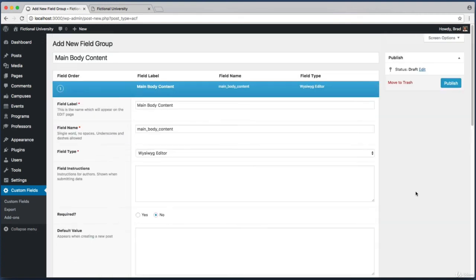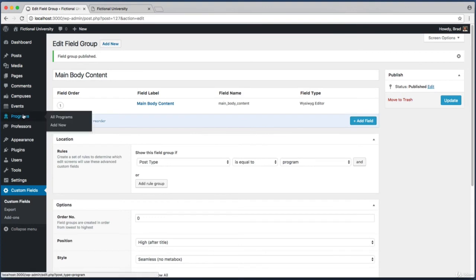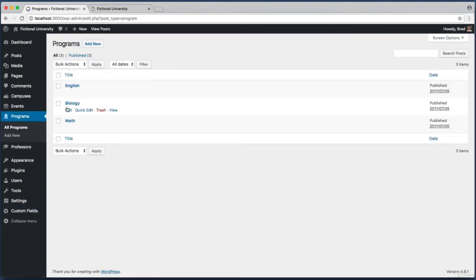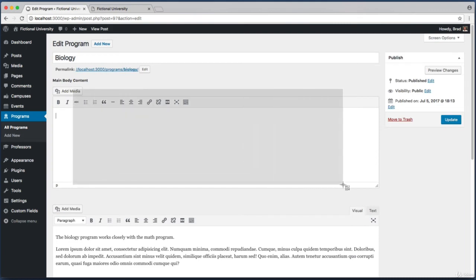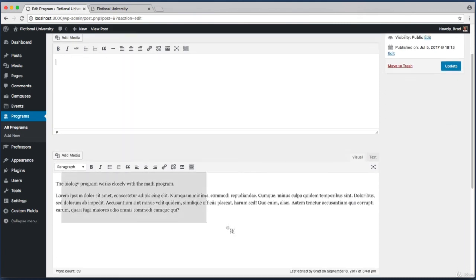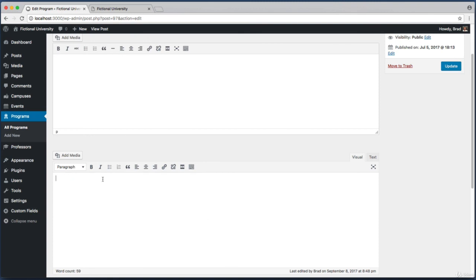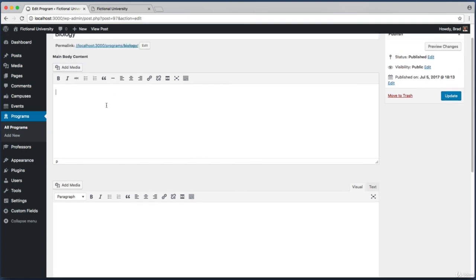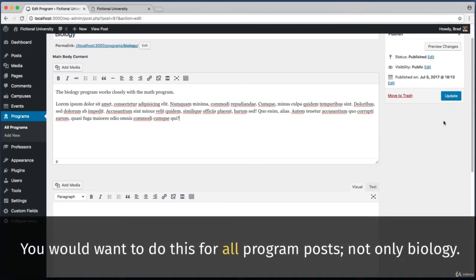So now I'm going to scroll up and choose publish. And now if I go back into programs and choose to edit the biology program, here is our brand new custom field, and this is the default WordPress content field. So I'm just going to cut and paste the content out of that field and into our new custom field. And then if I save that,